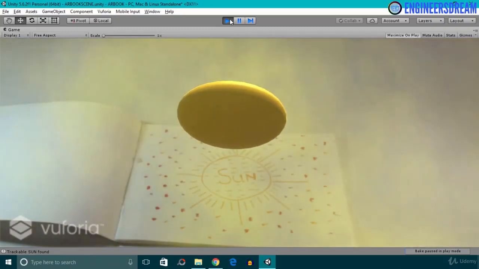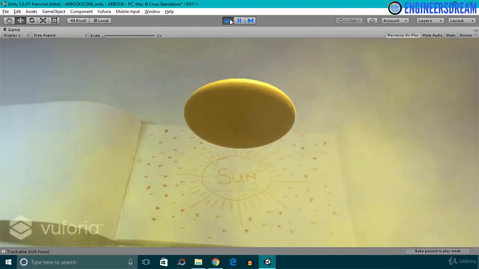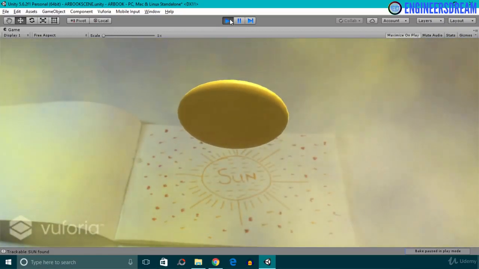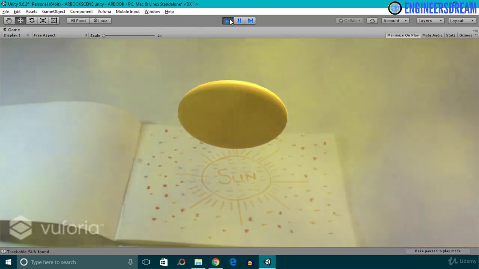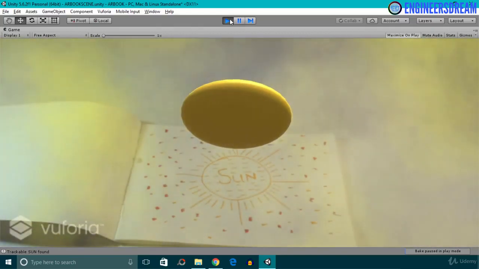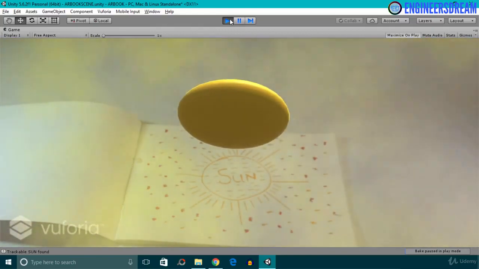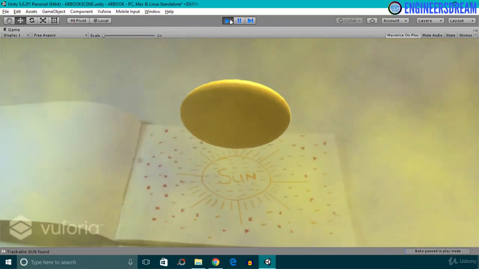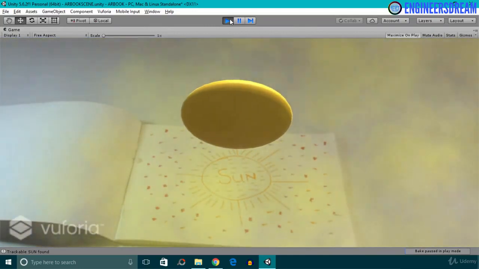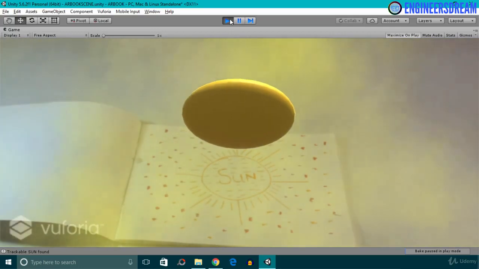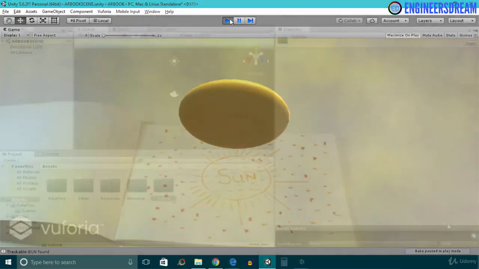In this video, we will project a sun game object on top of a sun image target. And if you look very carefully at the sun, then some heat waves are also being released from the sun game object. So basically, we will first add a sun and then we will add Unity's particle system to add this heat wave effect. So let's start customizing a sun game object.